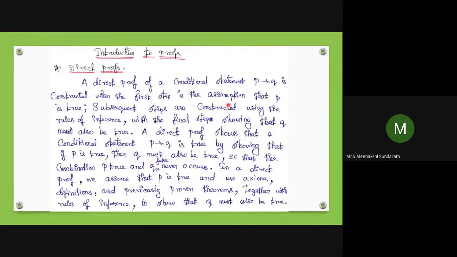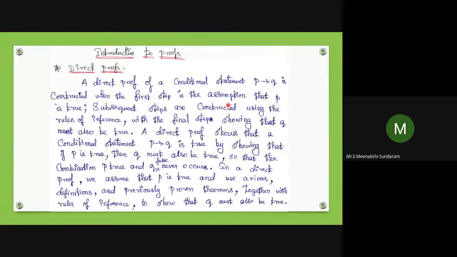In the last class we used the rules of inference using quantifiers, and we use them for ES and US, universal specification and existential specification. Once you specify some value, then we come back to UG, universal generalization, and EG, existential generalization. That is the main thing we did in the last class. So you can go for proof by direct method, indirect method, contradiction method, etc.